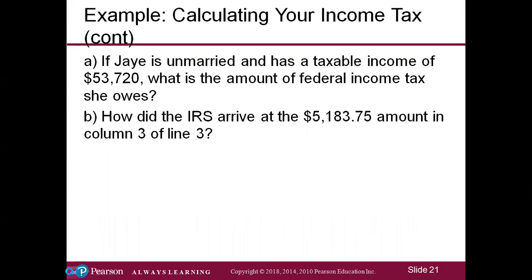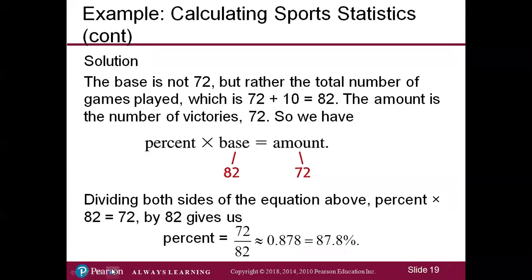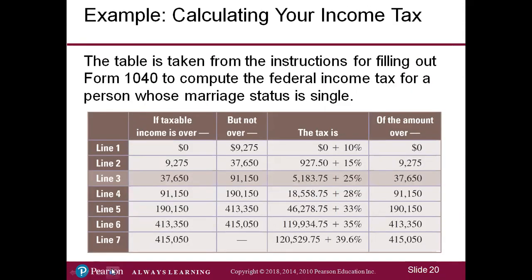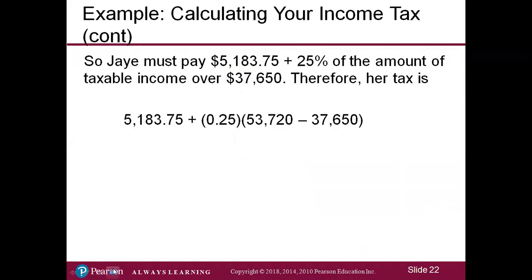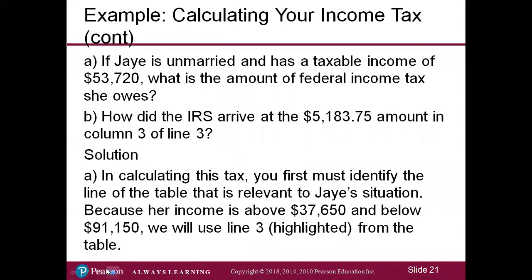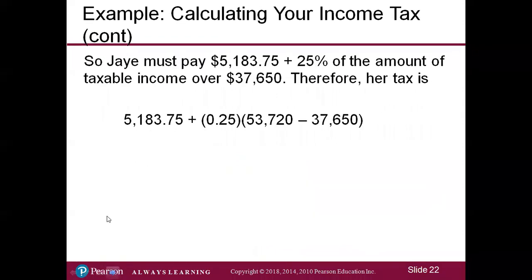Let's go back and look at the table. Okay, so we find that this person made in the 50s, so between the 37 and the 91. So Jay, double checking, must pay